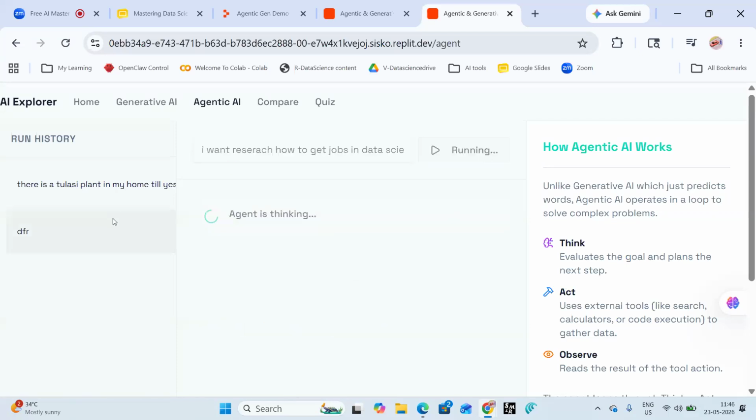The difference is that this one collects the latest information, whereas this generative AI gives only what is in its database, what it learned from the previous prompts.